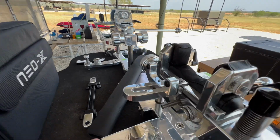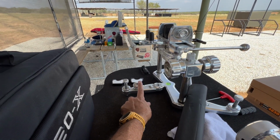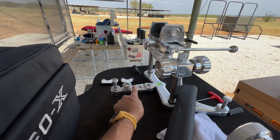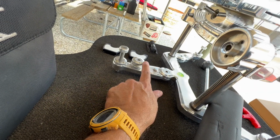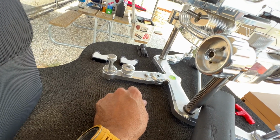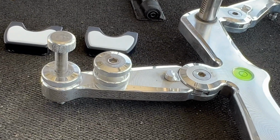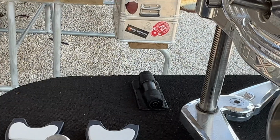So this is one thing. This may be short enough. We'll see. If not, on mine, I'll either have to drill a hole or I'm going to try to get SEB maybe to make a shorter leg, maybe one that's about 2 inches shorter than this one, to move this from here to about this position. I don't know if he'll do that or not, but that will surely make it easier for all the BENCHREST shooters who buy it. As you can see, this